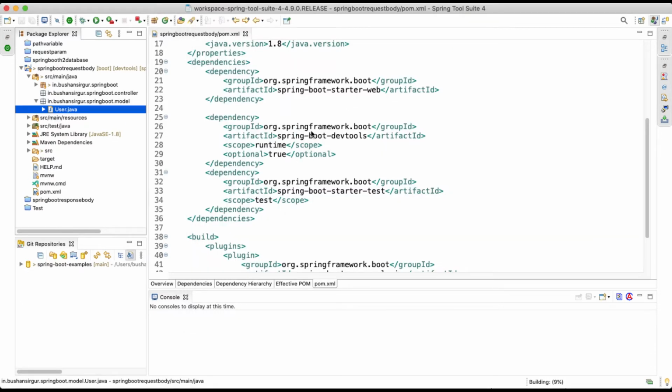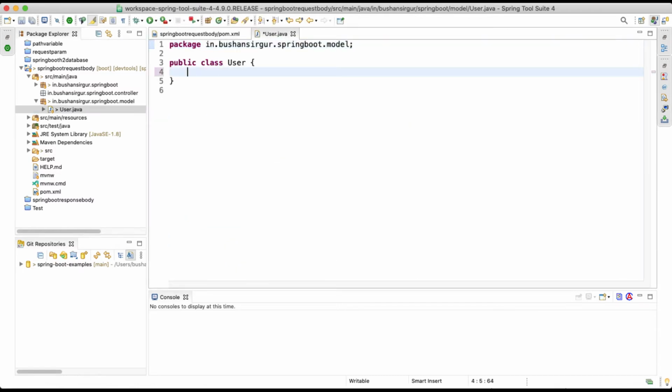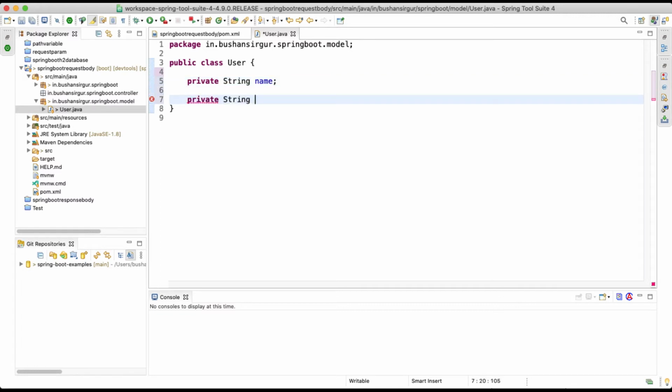Let's quickly create fields inside this user class: private String name, private String location, private long age, and let's quickly create the setters and getters.